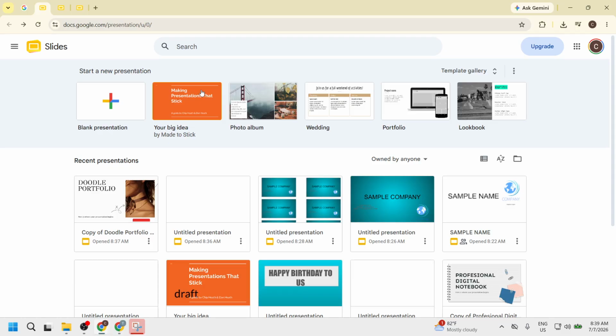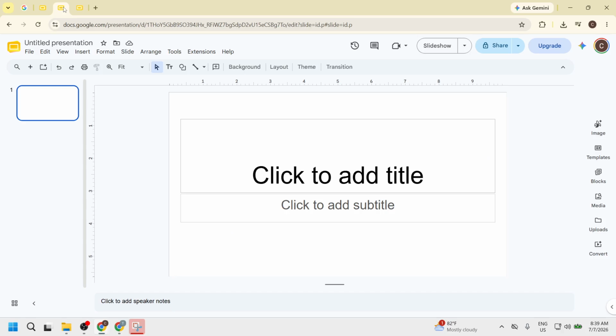Now open your presentation in Google Slides. If you have an existing presentation where you want to add the Venn diagram, find it in your list and click to open it. If not, you can create a new presentation by selecting a blank slide. Opening your presentation allows you to work in the environment where your diagram will live, making it easier to integrate